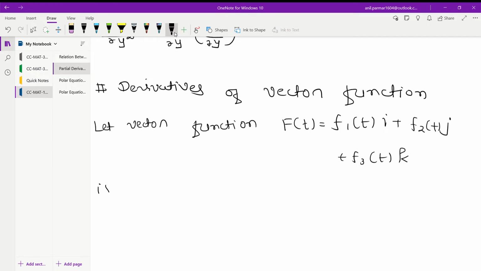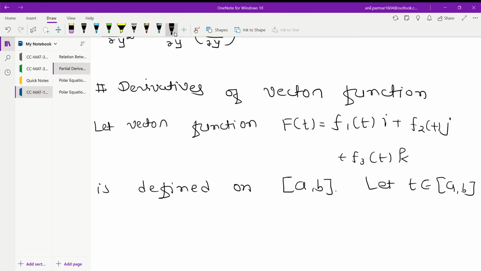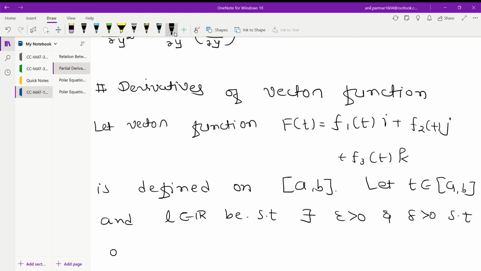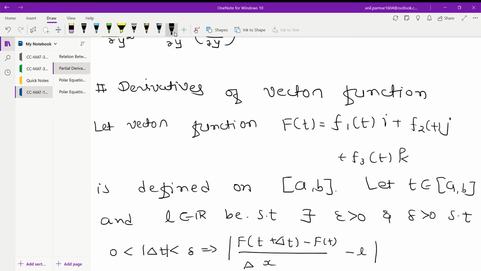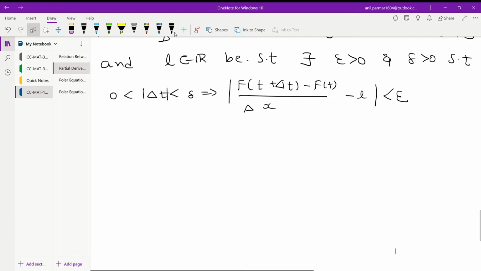is defined on closed interval ab. Let t belongs to closed interval ab and L be any real number such that there exists epsilon positive and delta positive such that 0 less than modulus delta t less than delta, it implies that modulus of f of t plus delta t minus f of t divided by delta t minus L less than epsilon. So આ કેસની અંદર then in this case we can say that